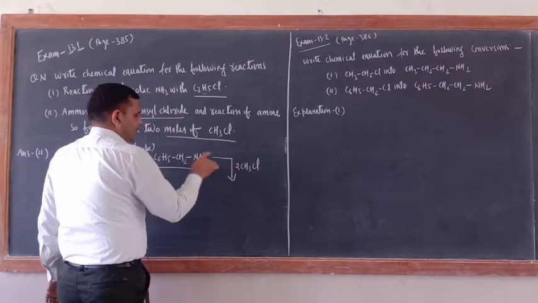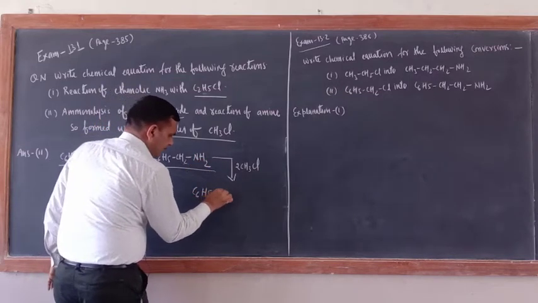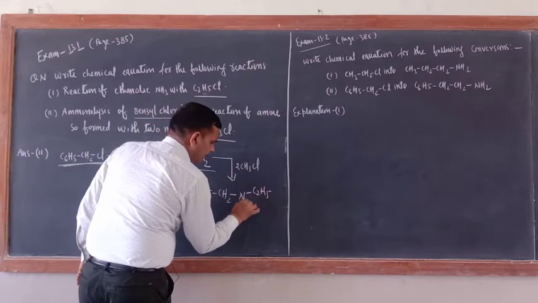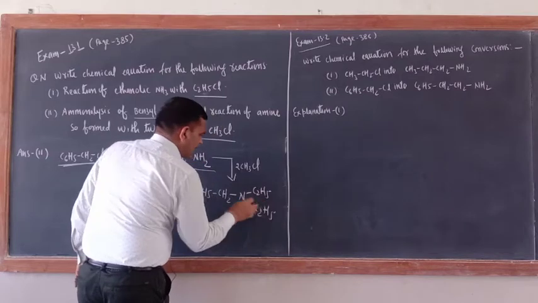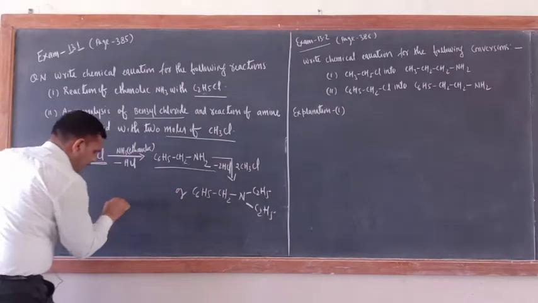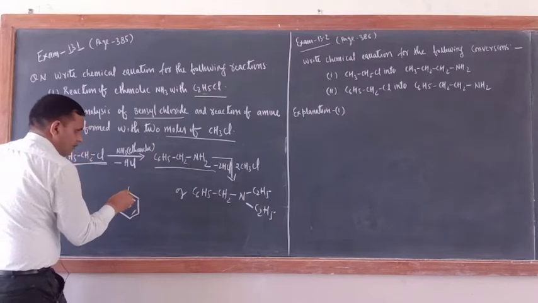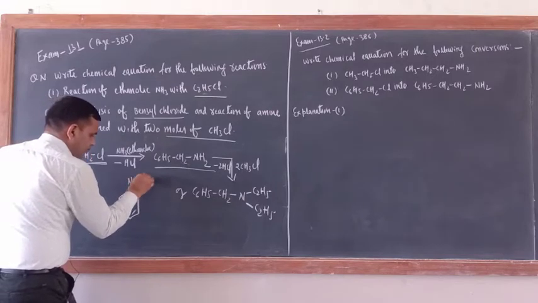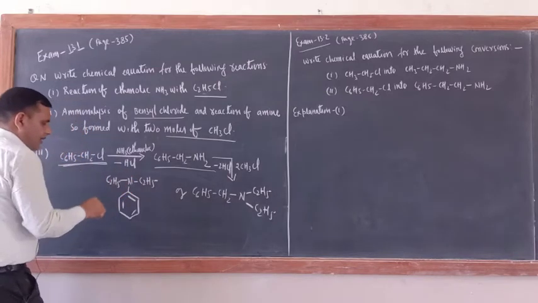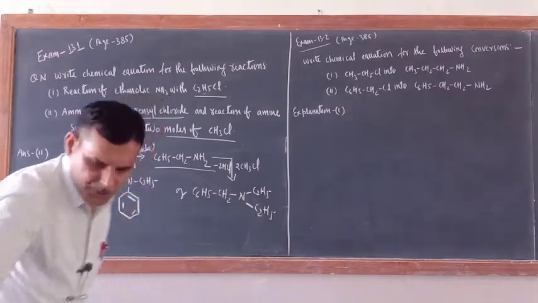Now this amine so formed should react with 2 moles of CH3Cl. So now these 2 H will be replaced. What would be the product? C6H5CH2, and here N, with C2H5, here also C2H5, minus 2HCl. If you want to write the structure, it would be like that: N, here C2H5 and this side also C2H5. What would be the name of this one? Sorry, just a minute. One CH2 group should also be there.